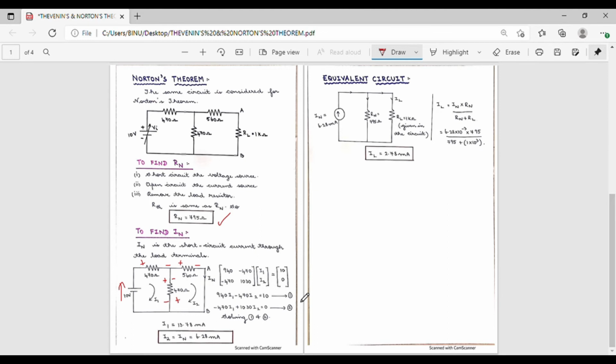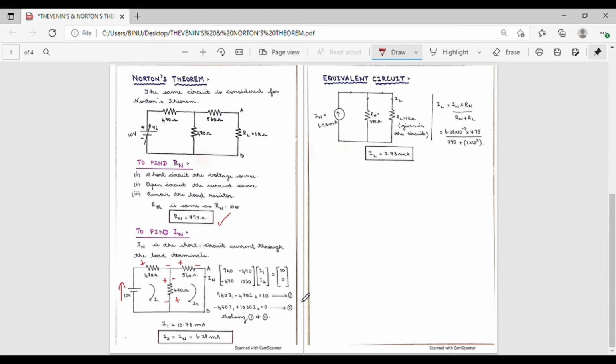So it is represented as minus 470, and in the same way R21 is equal to R12, which is equal to minus 470. R22 comprises the resistors that are present in loop 2 alone. In loop 2 we have a 560 ohm resistor and a 470 ohm resistor. On adding these two resistors we obtain the total resistance as 1030 ohm. We have two unknown currents I1 and I2, and the value of voltage in loop 1 is 10 volt and in loop 2 we don't have any voltage source, so we are assuming the value to be 0. On solving this particular equation we will be able to obtain the value of I1 as well as I2.